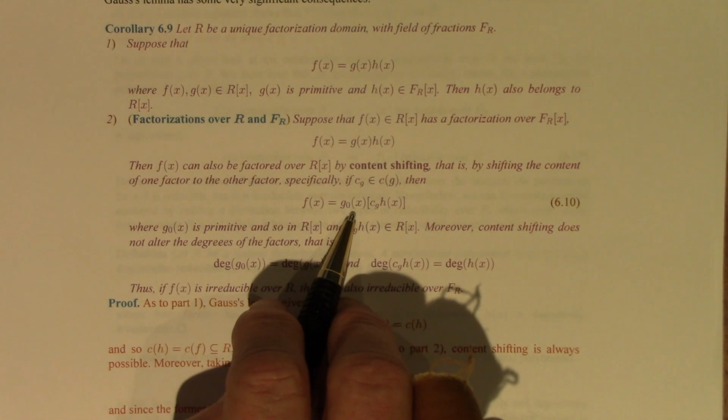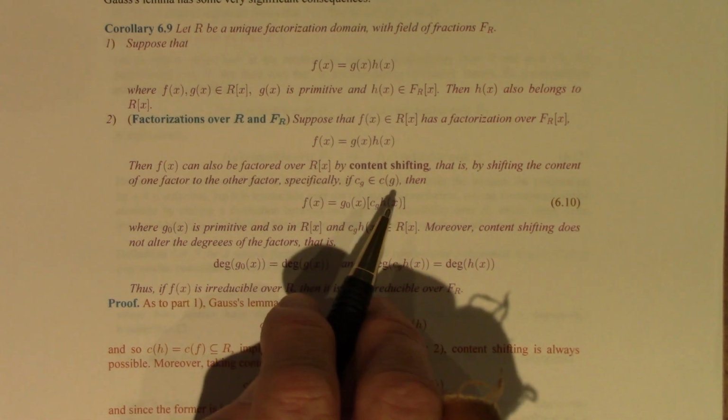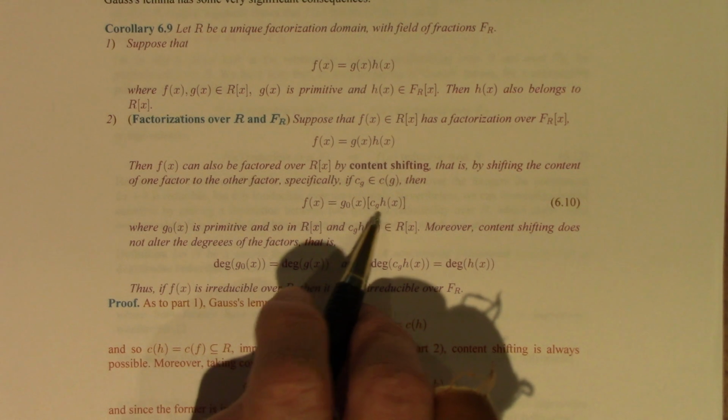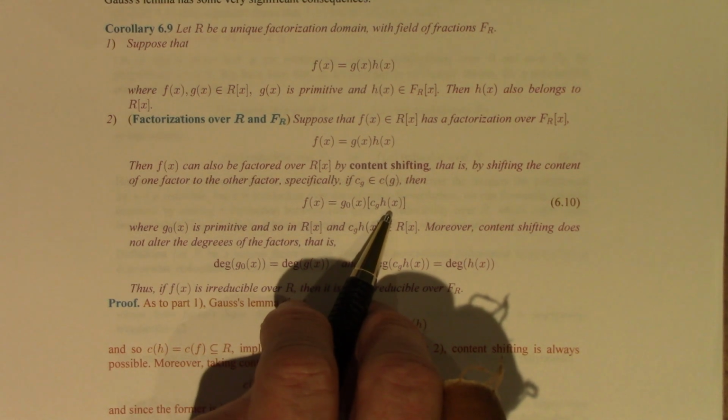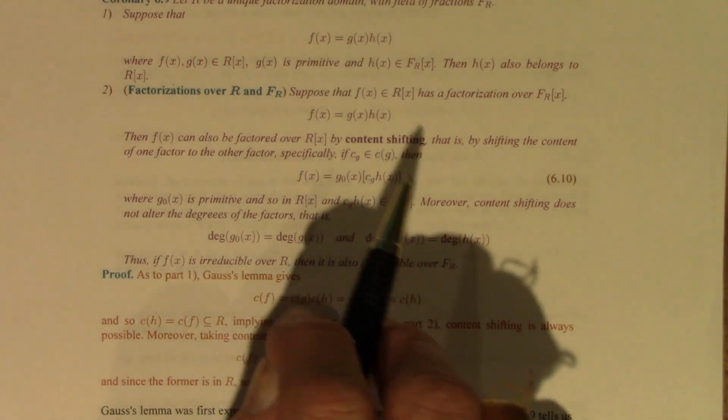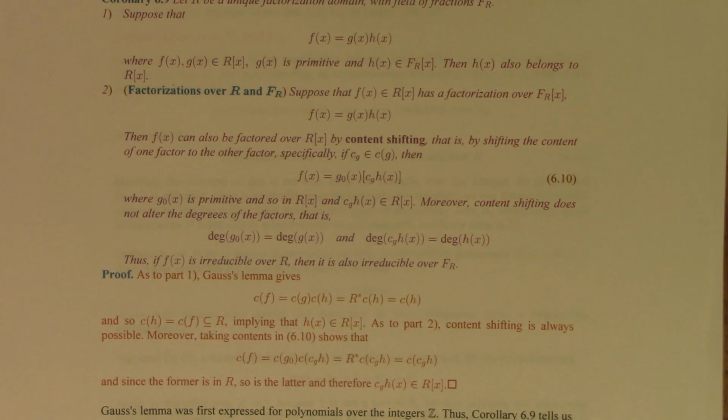Therefore, part 1 of this very corollary tells us this is in fact over R. And we have a factorization over R. So this is an example to make it very clear. If you have a factorization of an integer polynomial as a product of two rational polynomials,